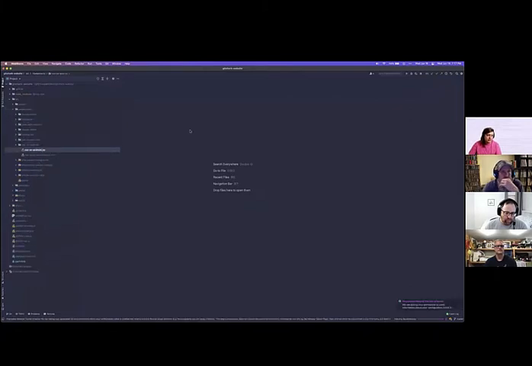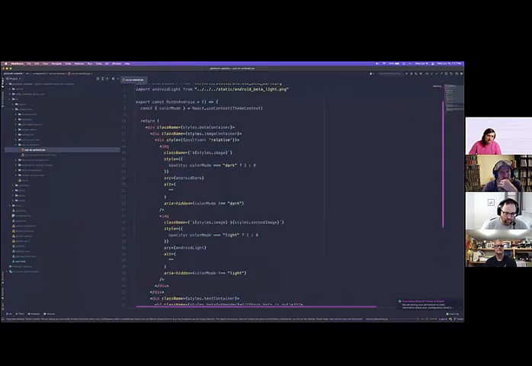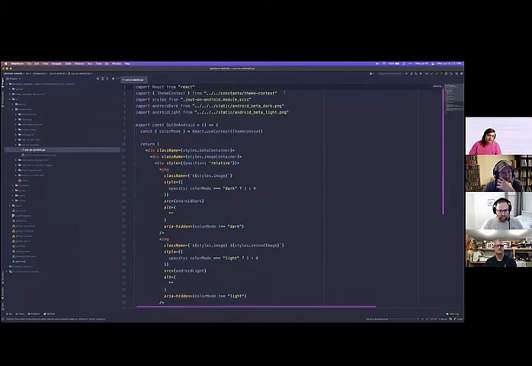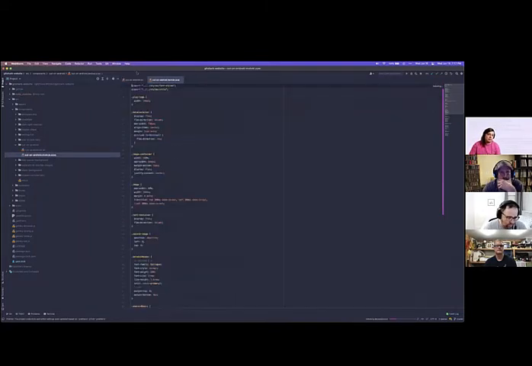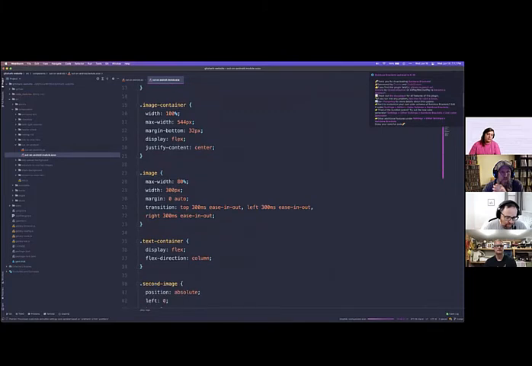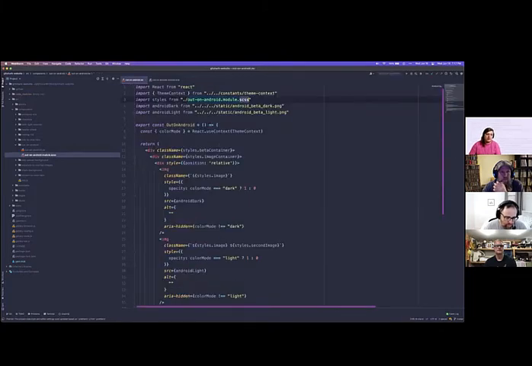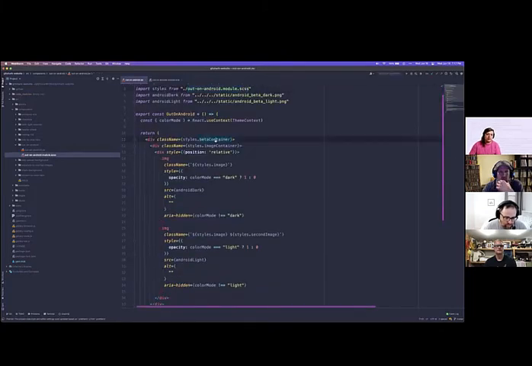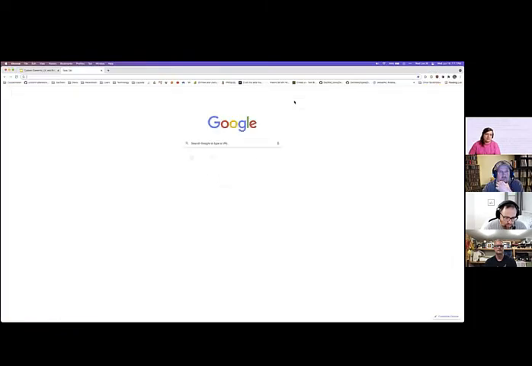So here, we're using JSX, right? And inside of our JSX, you'll notice that we're importing this. It's SCSS, it's Sass, but it's the same concept. It's using dot module, right? And inside of here, these are named, right? So it's play logo and all this other stuff. And then inside of here, we're just using styles dot whatever. And then inside of the actual website,